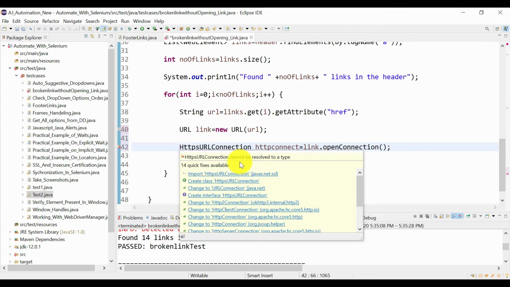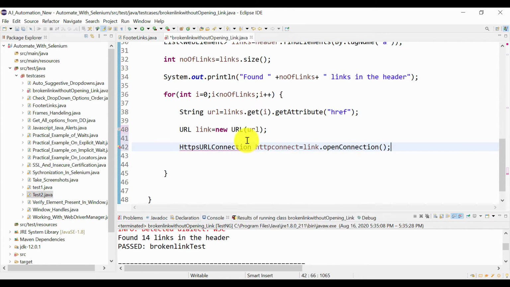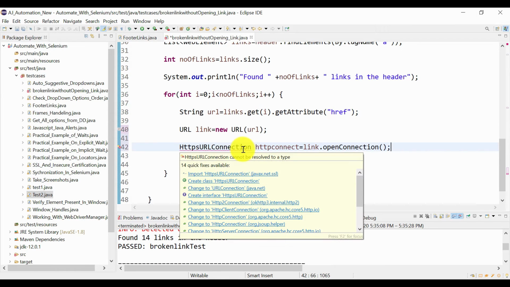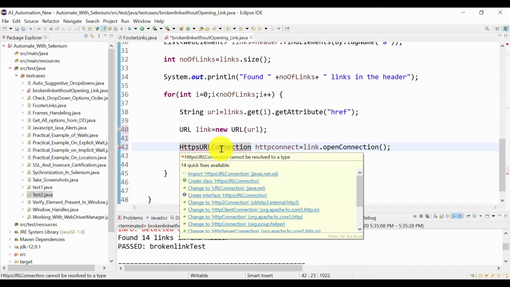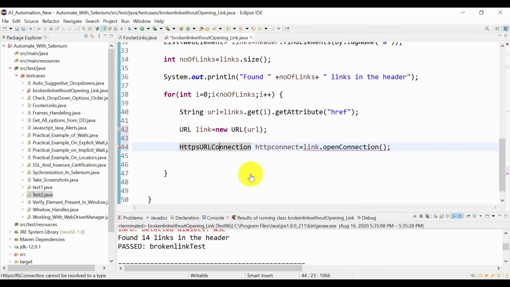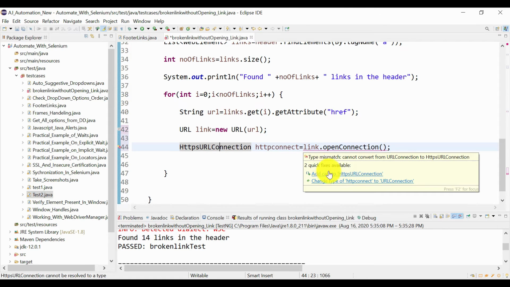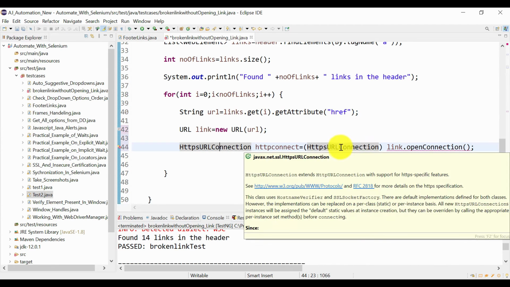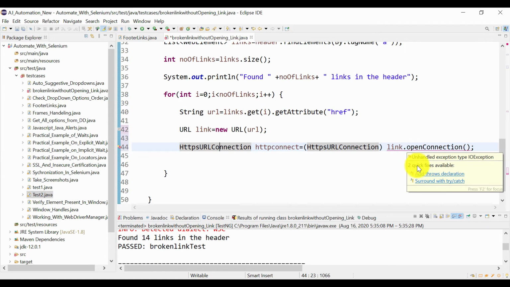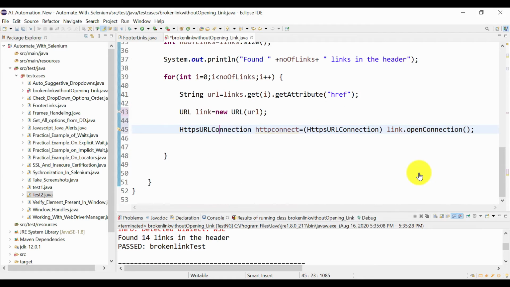Let me import it from the correct package. We are just casting link dot openConnection to the HttpURLConnection type of object. Just add the throws declaration for the exception.